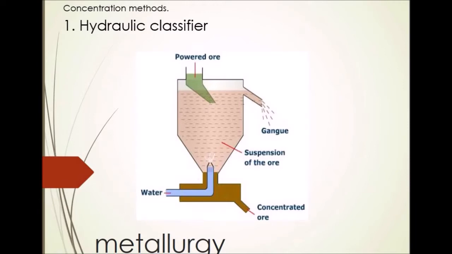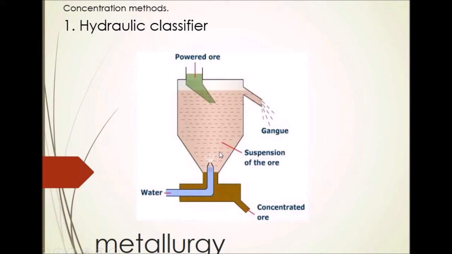The principle behind this process is that lighter earthy particles or impurities are removed from the heavier ore particles by washing with water. That is the difference in specific gravity of ore and gangue. In this process, the powdered ore is taken at the top of the Wilfley table and washed with a stream of running water. The lighter gangue particles, that is the impurity, being lighter, are washed away,